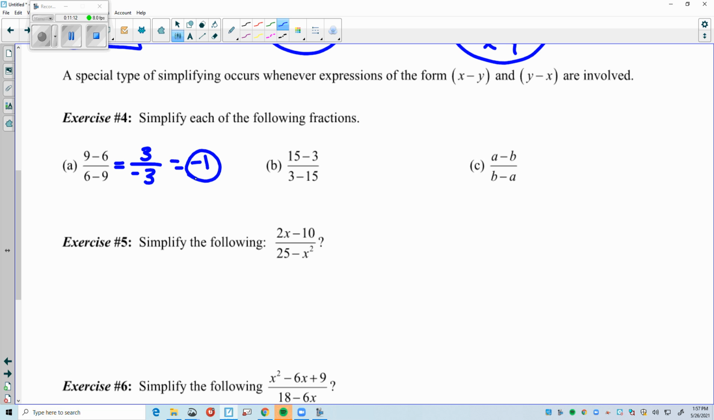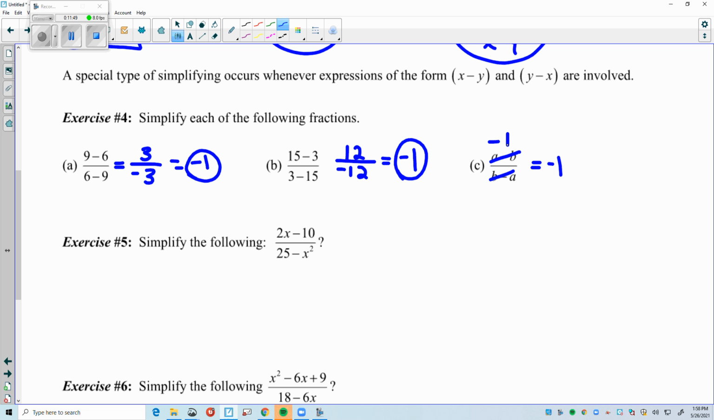Okay, we'll try the next one. So 15 minus 3, I get positive 12 on the bottom. 3 minus 15, I get a negative 12. And again, if I reduce those, that's going to simplify down to negative 1. Okay, so what happens when I do a minus b and b minus a? Well, notice what happened with each of the other two. This again is going to simplify down to negative 1. So when I see factors that look the same, but they're in opposite orders, I have to remember, yes, these can reduce out, but they're going to reduce out to a factor of negative